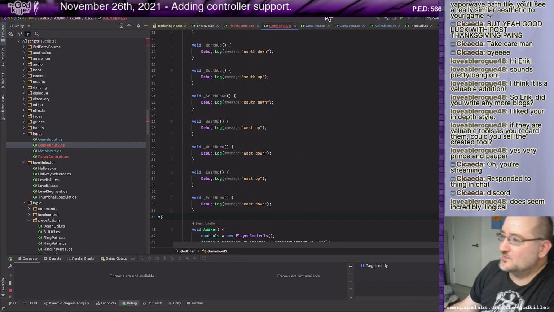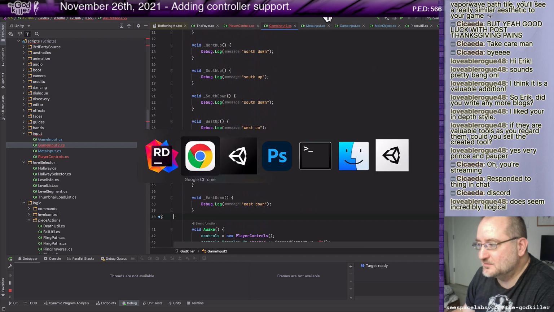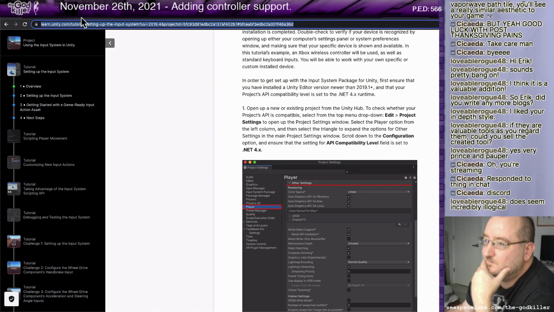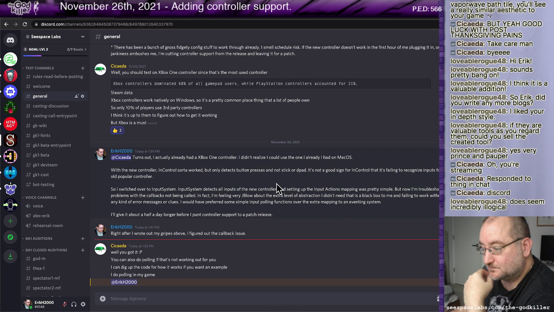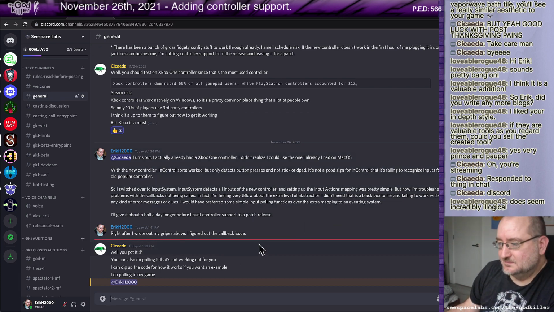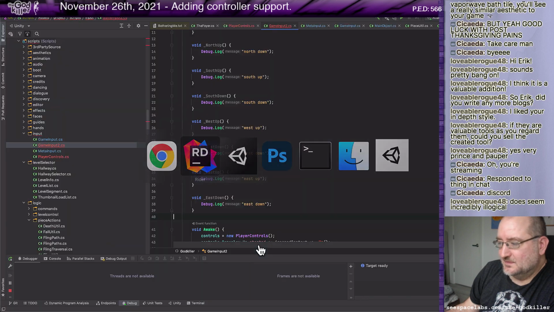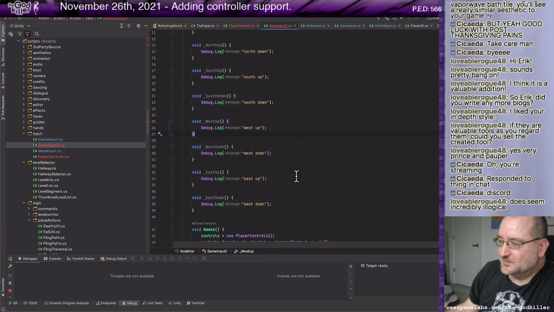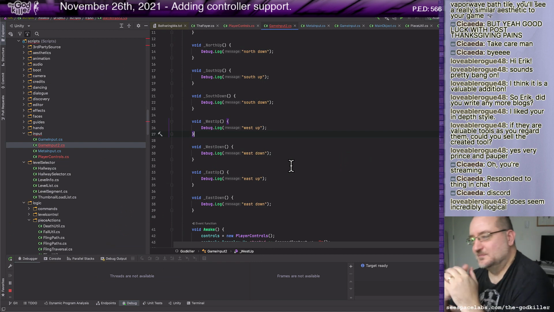Okay, let me see these comments that Cicada made in Discord. So, Cicada, I'm realizing now that as I'm writing this eventing system, I'm basically recreating polling.